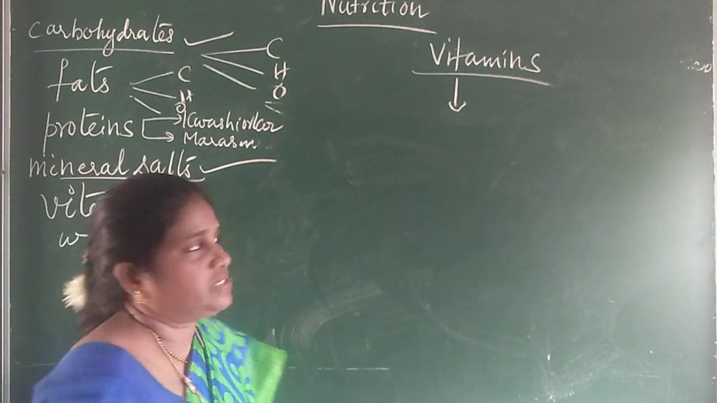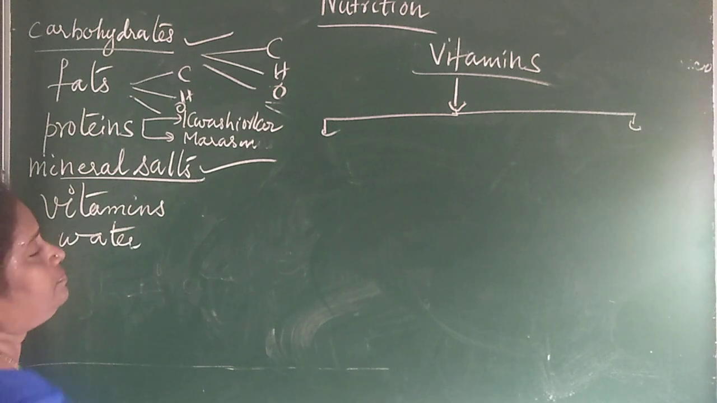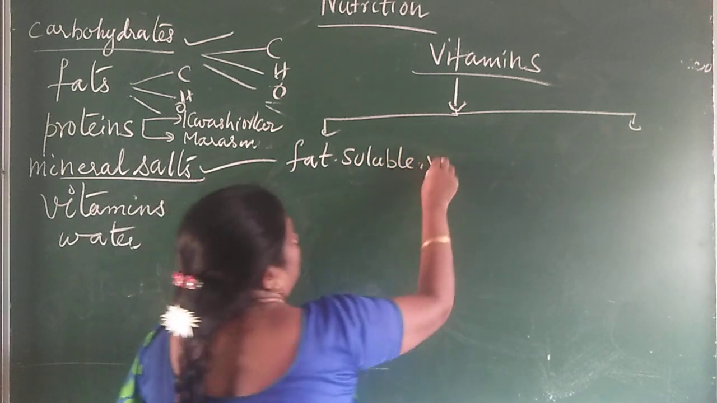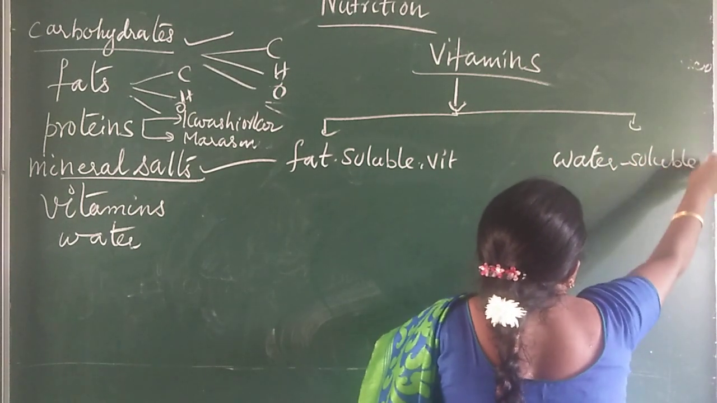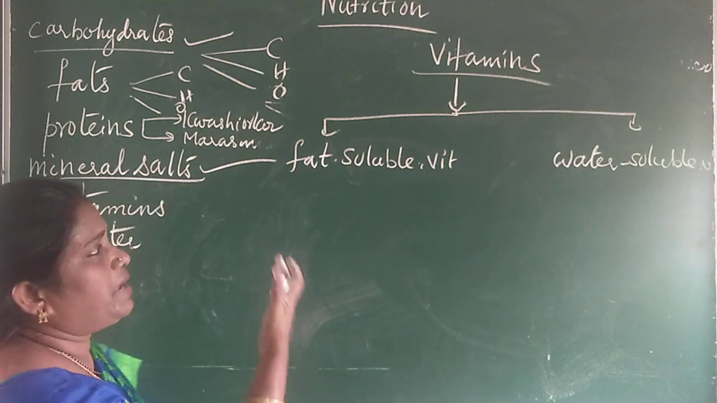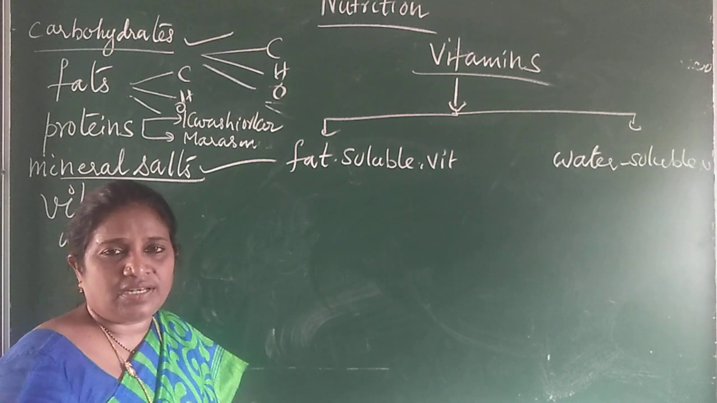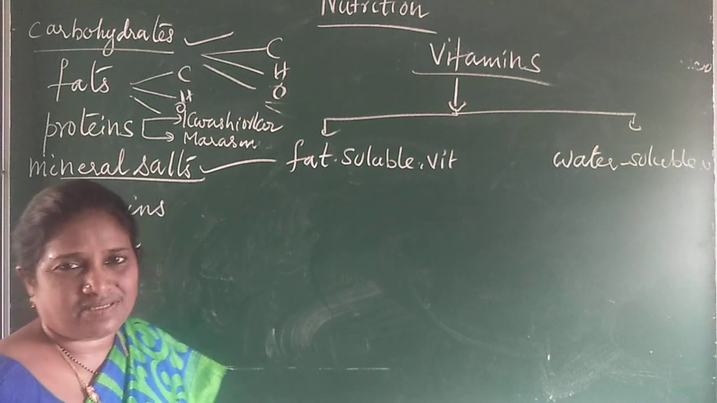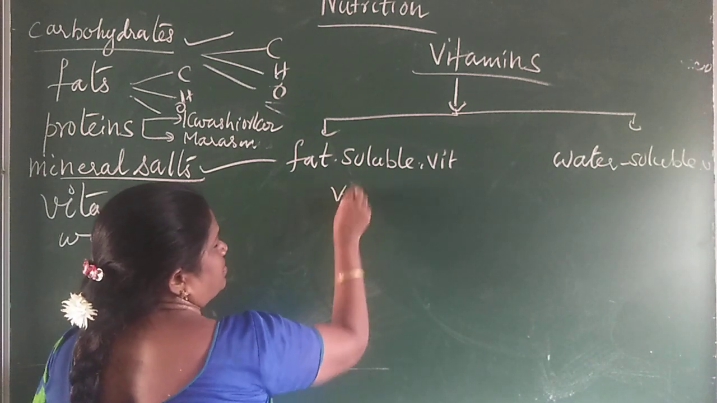Now classification of vitamins. Vitamins can be classified into two types: fat soluble vitamins and water soluble vitamins. By the name itself, these vitamins are soluble or they dissolve in fats. I told you earlier about the uses of fats. Fats form an important solvent for some of the vitamins. Now, let us see which vitamins are soluble in fats. They are vitamin